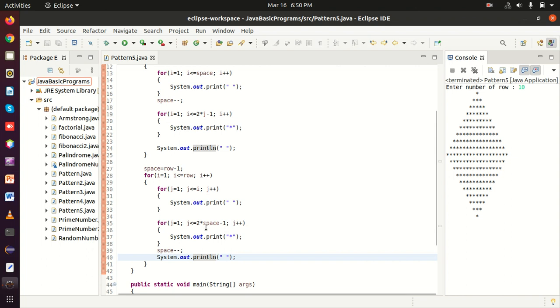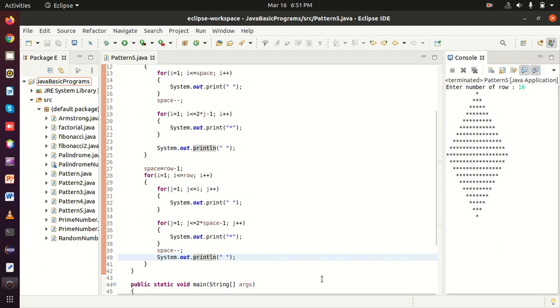So we can count over here: 1 2 3 4 5 6 7 8 9 10 11 12 13 14 15 16 17. 17 clear.